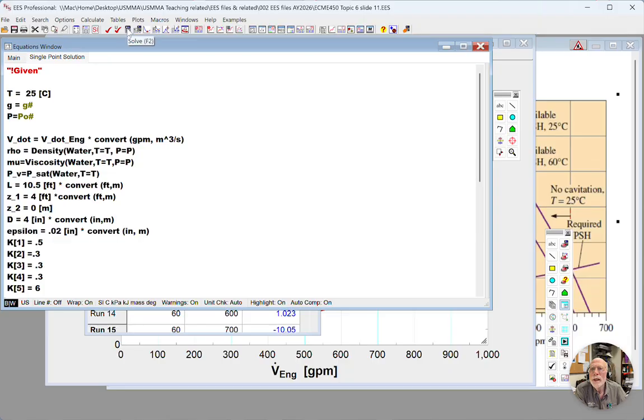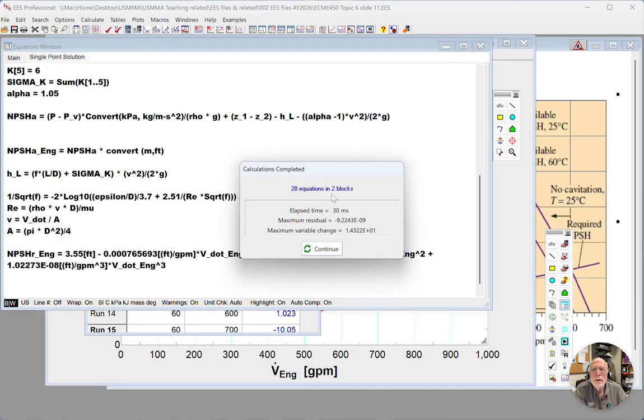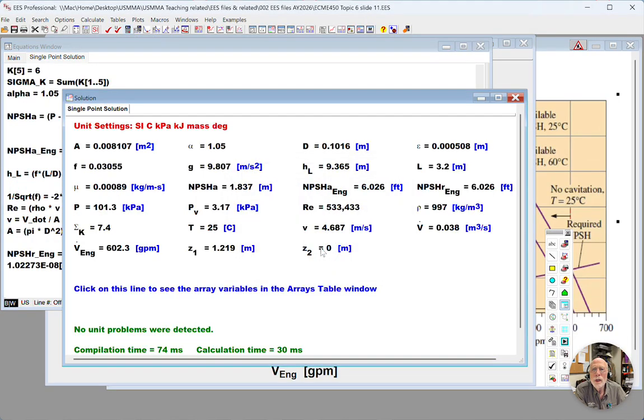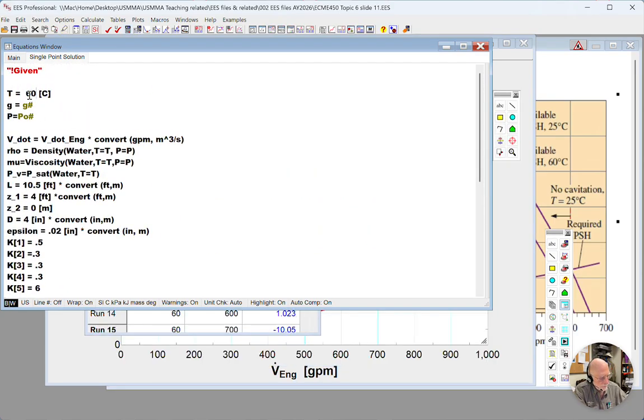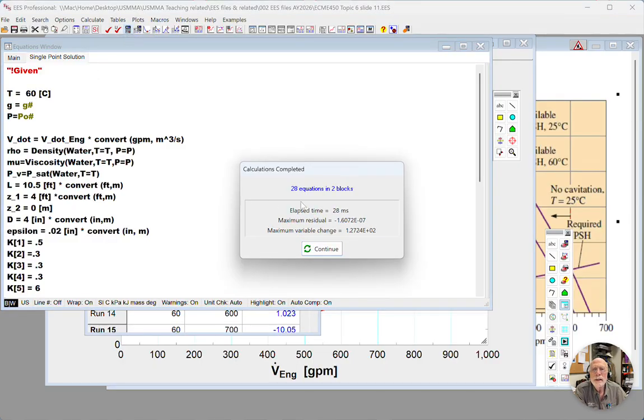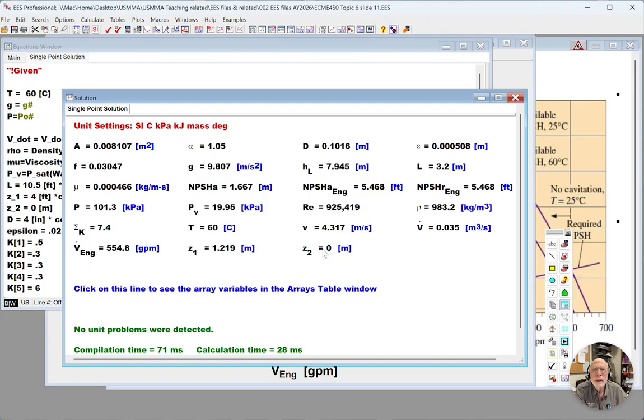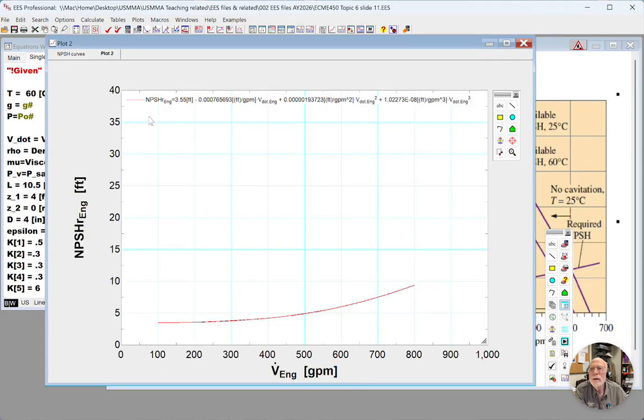Let me go ahead and calculate 20 equations in 2 blocks. Everything is fine. 6.026 feet. That looks good. Let's just change this to 60. Recalculate. Okay. 5.468 feet. And if we look at our curves,